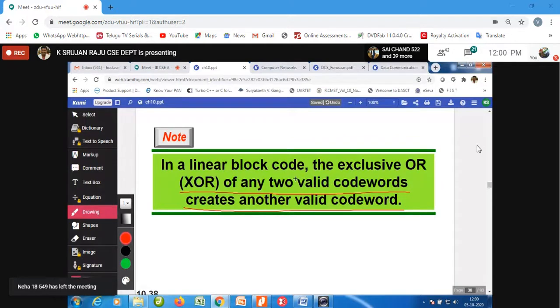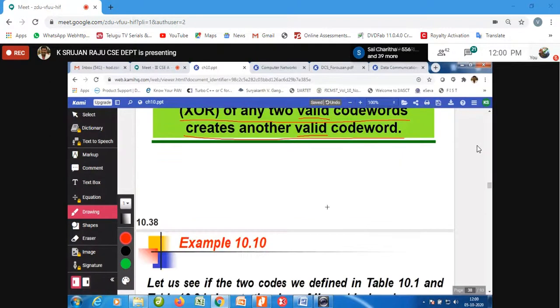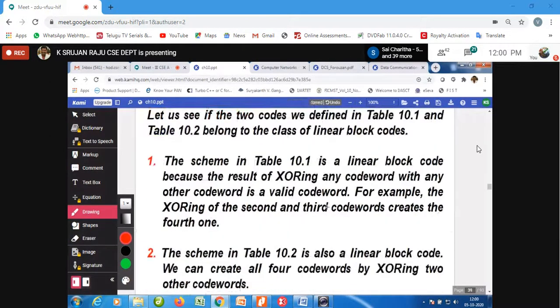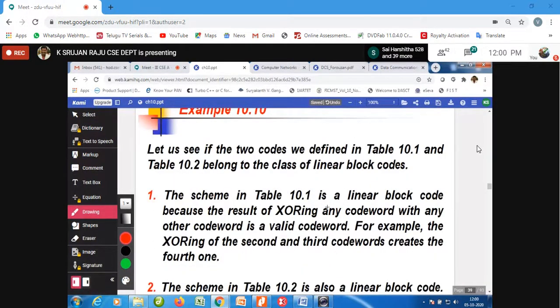Don't get confused: two valid code words will create another valid code word. Let us have a look at an example. I have already told you to keep tables 10.1 and 10.2 handy. Looking at table 10.1, the result of XORing any code word with any other code word is a valid code word.